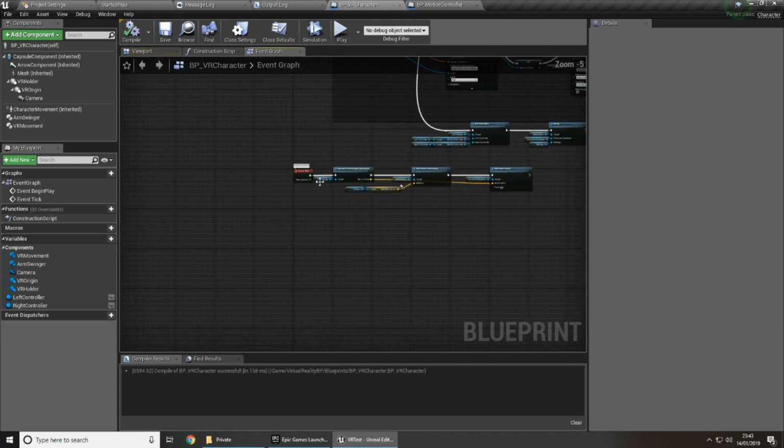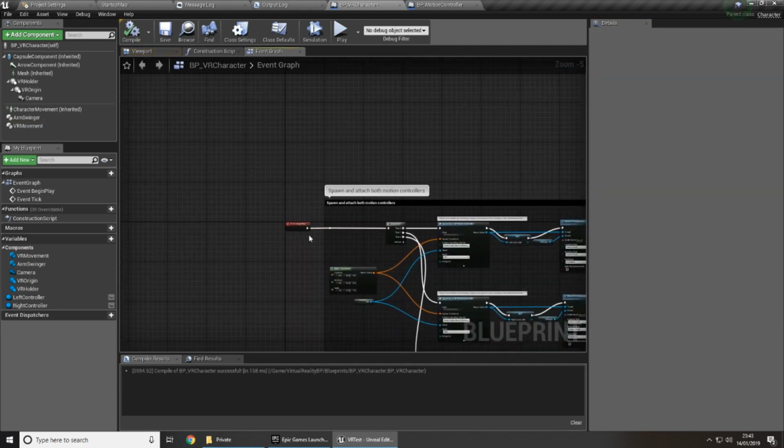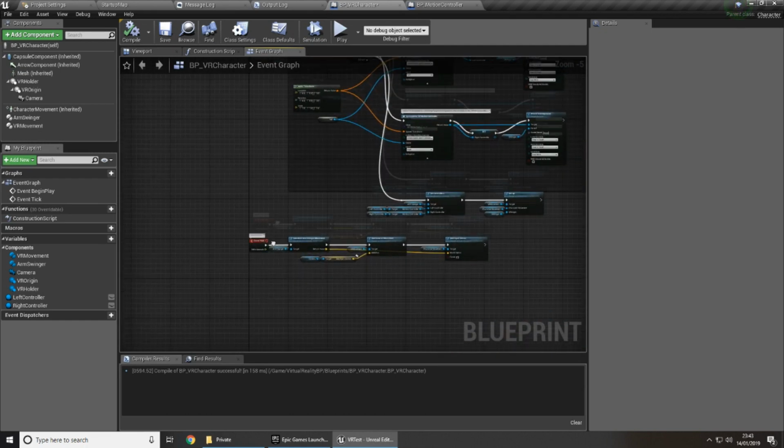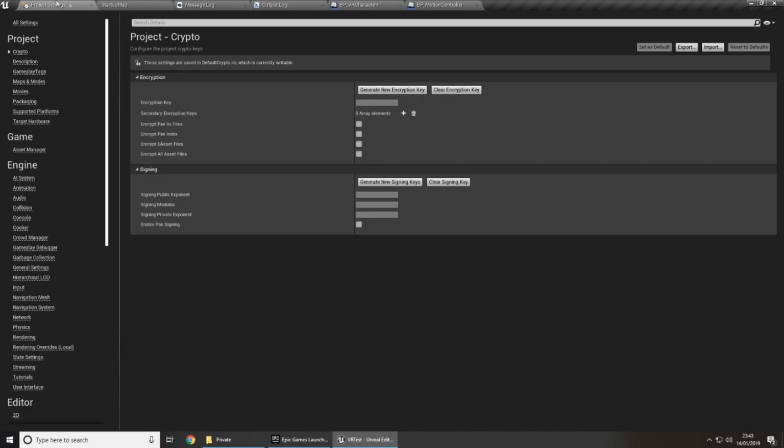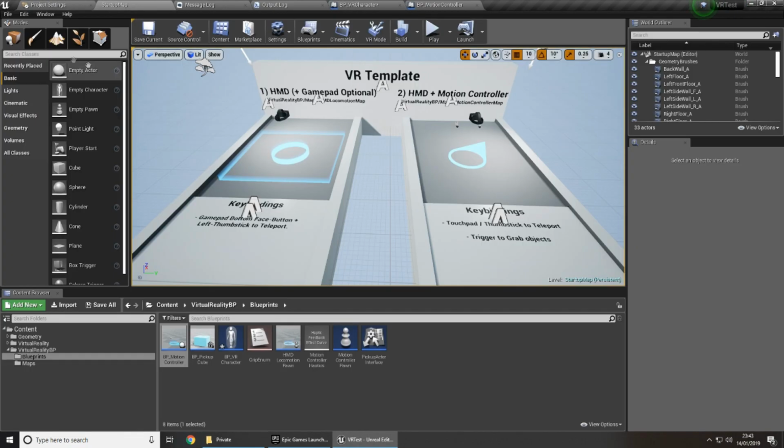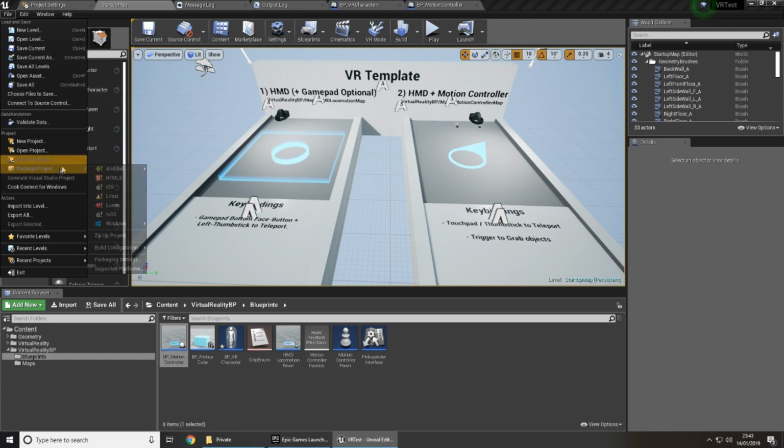Okay, so now the next thing we need to do is actually get the input working. Since we've been using the VR template, there are a couple of things we already get. For example, we already get a couple of inputs set. So if we go to projects, let me start again. Go to File,